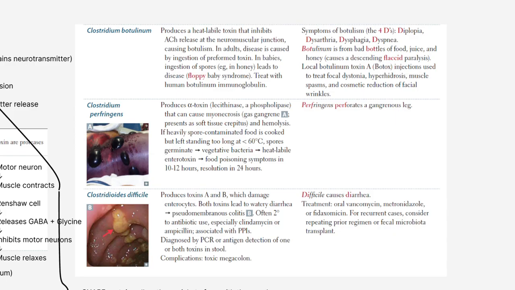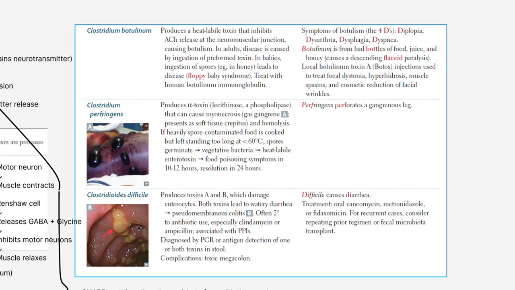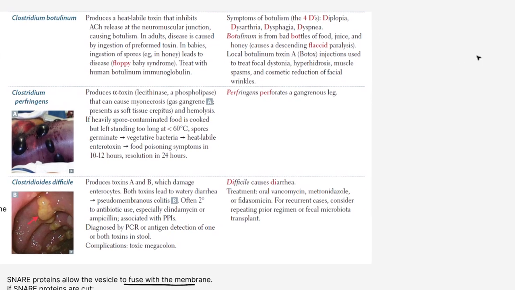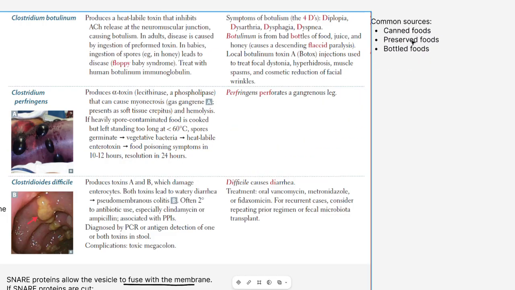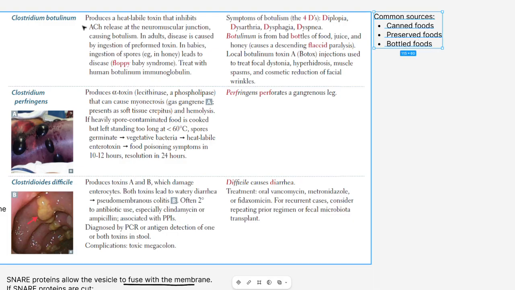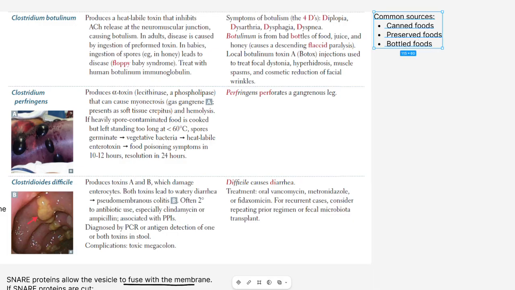Adults eat the preformed toxin. So when adults get this, they basically eat the preformed toxin. Its common sources include canned foods, preserved foods, and bottled food. And since it's mainly present in bottled food, you can remember: bad bottles give you botulinum, right? Okay, so classically you eat the spores, and in infants,